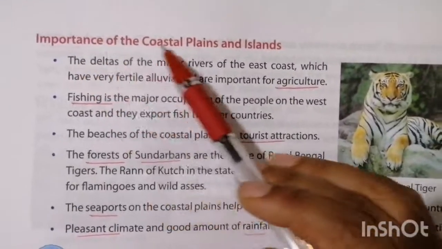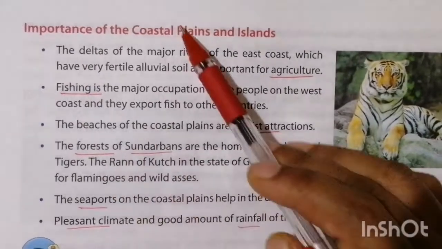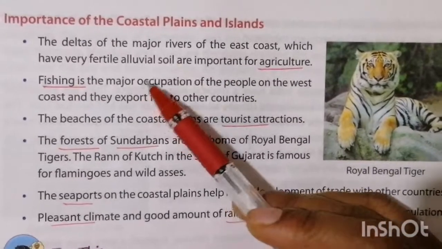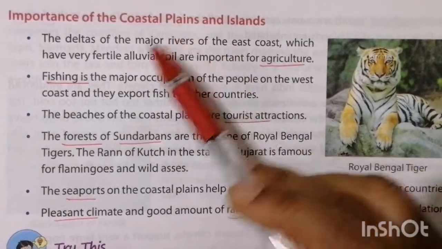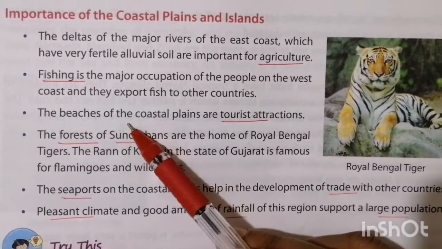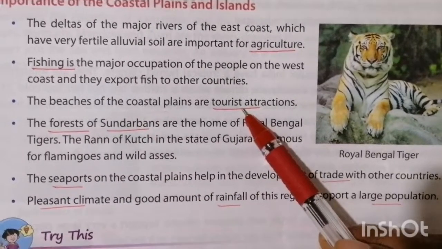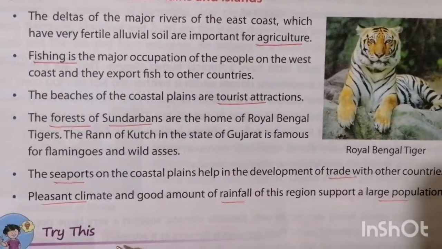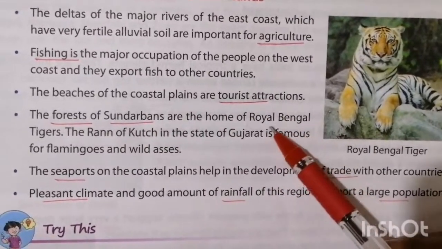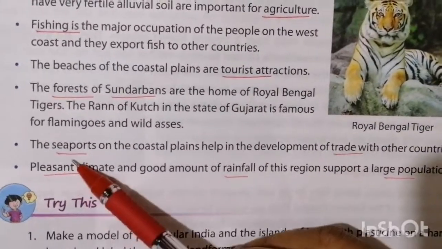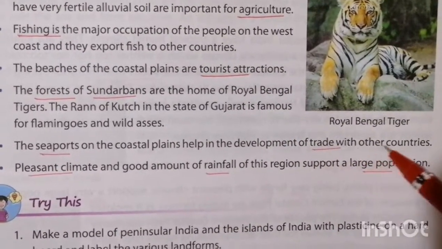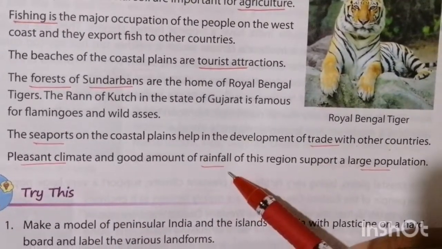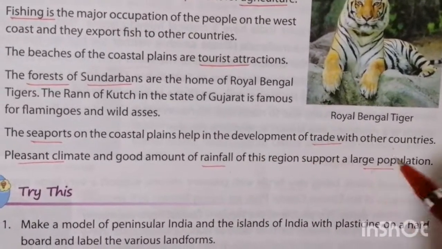So, what is the importance of coastal plains and islands? The first thing, as the soil is very fertile, it is mainly for agriculture. Second, the coastal plains are near the sea, so fishing is the main occupation of the people. Third, as these places are very beautiful, they are a tourist attraction. Many forest and biosphere reserves are present, like the Sundarbans, where you have Royal Bengal tigers. Next, the seaports act as a trade place for other countries. And finally, as you have a good climate with a good amount of rainfall, you have a large